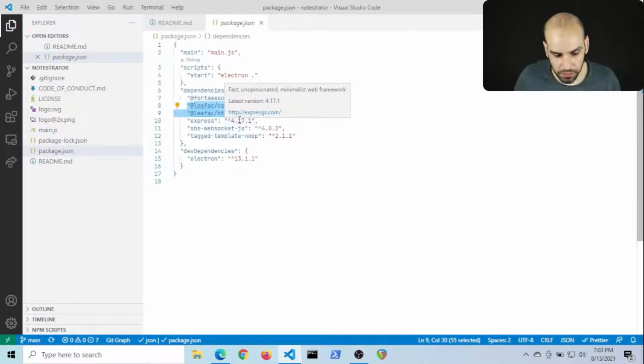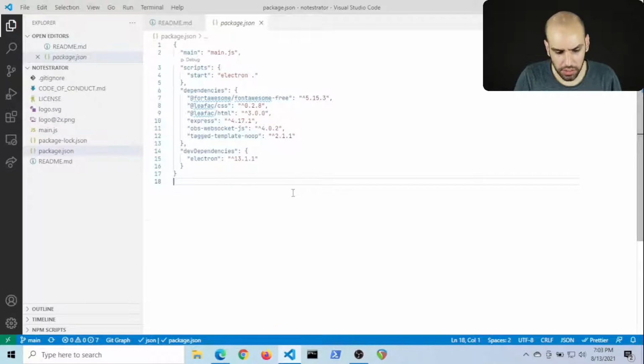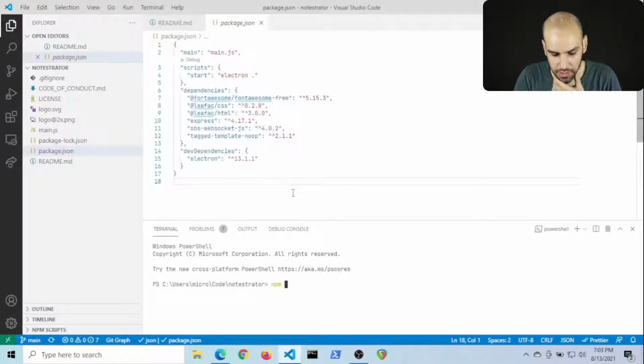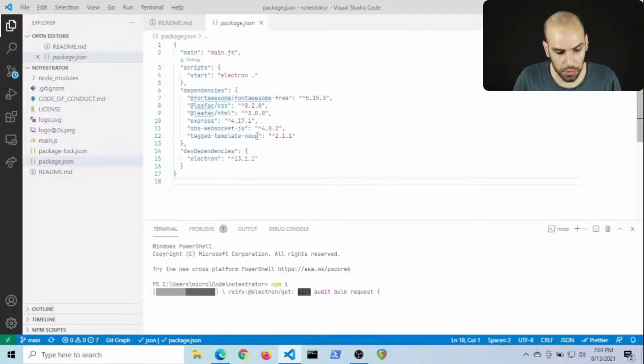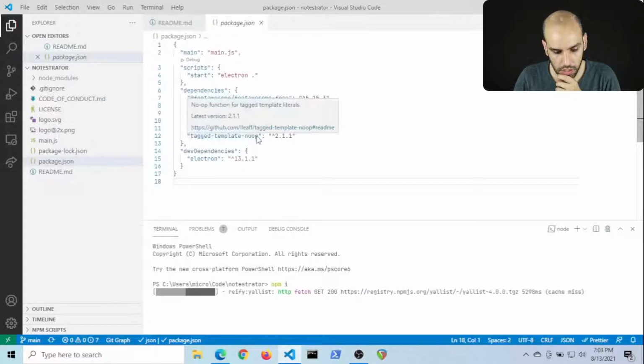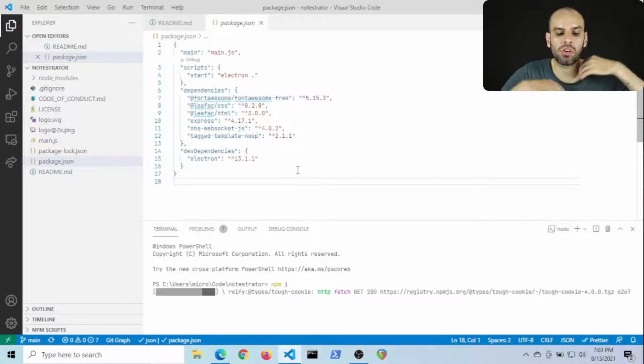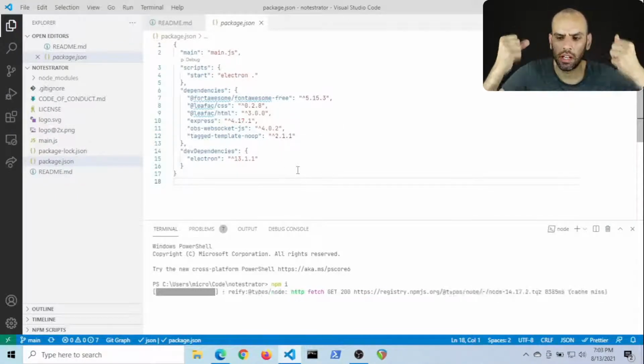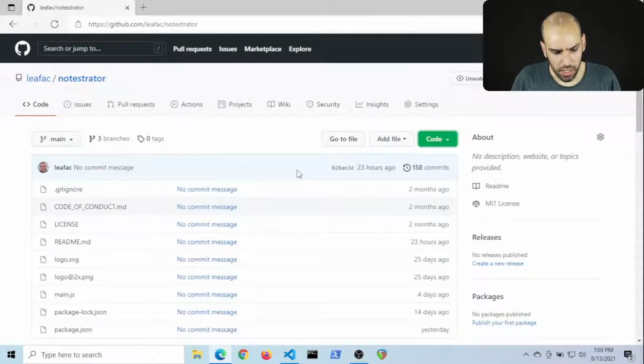All right, so let's actually write some code here. Well, first of all, I installed Nodejs on this machine 5 minutes ago, but I did not install the dependencies for the app. So let's start by doing that, which will take a while because it has to download a lot of stuff. Electron has to download its own version of Node and its own version of V8 and its own version of Chromium.